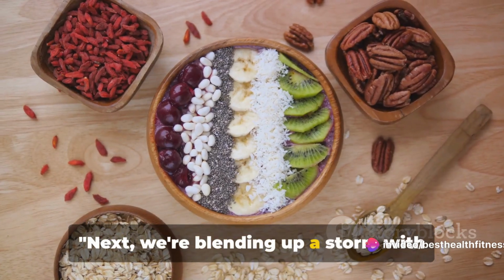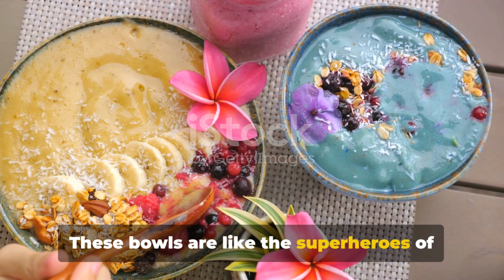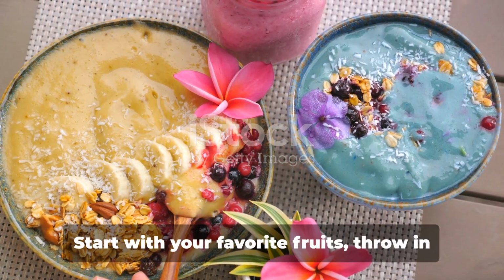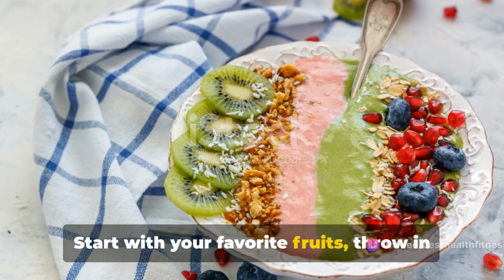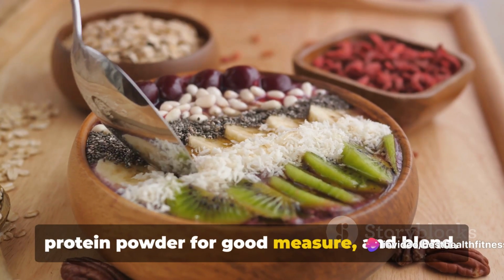Next, we're blending up a storm with nutrient-packed smoothie bowls. These bowls are like the superheroes of breakfast, offering a powerful punch of vitamins and minerals. Start with your favorite fruits, throw in some leafy greens, maybe a scoop of protein powder for good measure, and